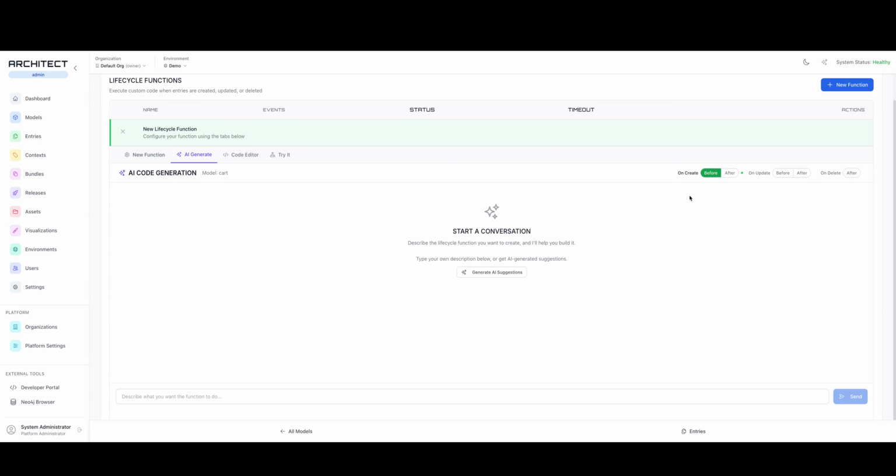And so we could say, before creating a cart, before updating a cart, this is when this life cycle function starts, right? I could turn this off and we could say this is only on create, or maybe only after deletes. But let's say on any cart creates or any updates, let's see what the AI understands about the model